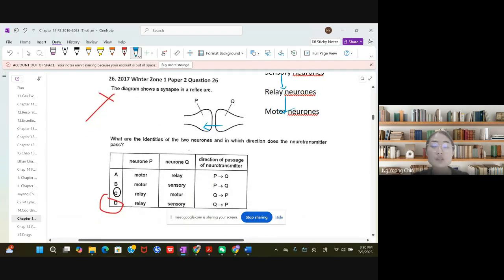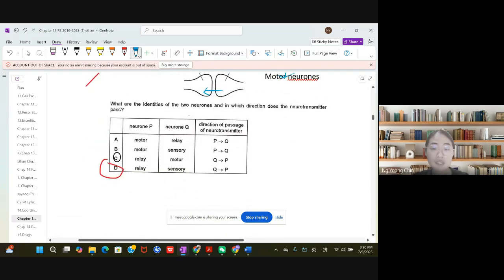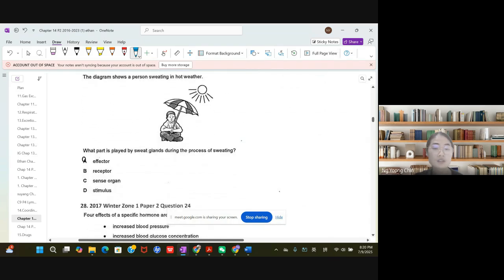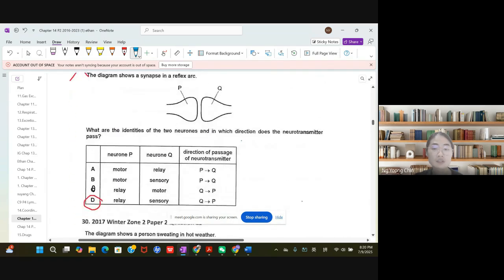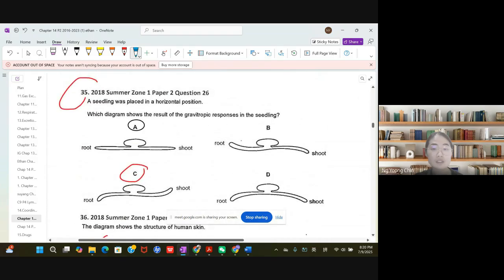So that's why donkey is correct, because at least you are moving your impulse from the sensory to the relay neuron. So that is Q to P. Q will be the sensory neuron, P will be the relay neuron. Okay, so any questions? And then for this one,